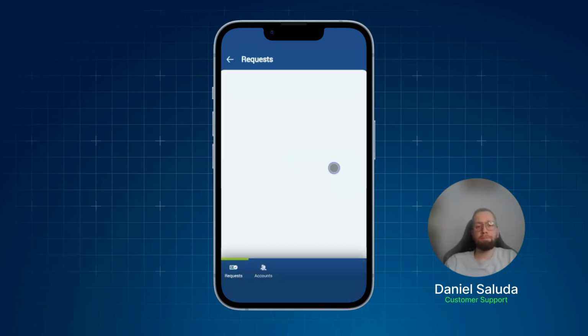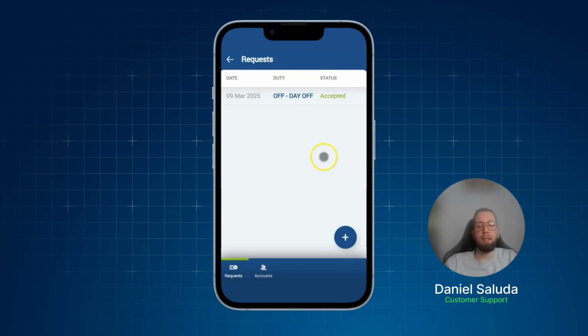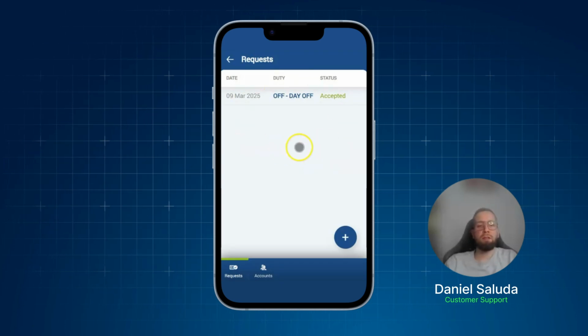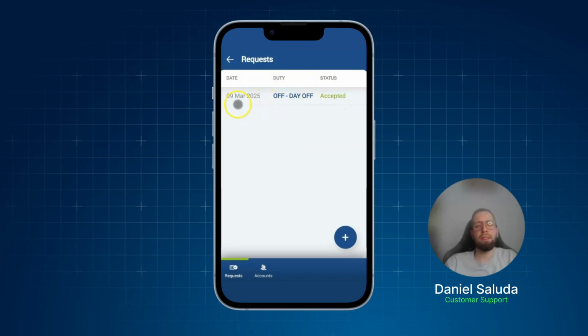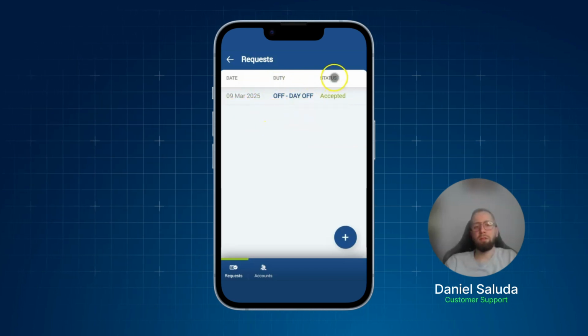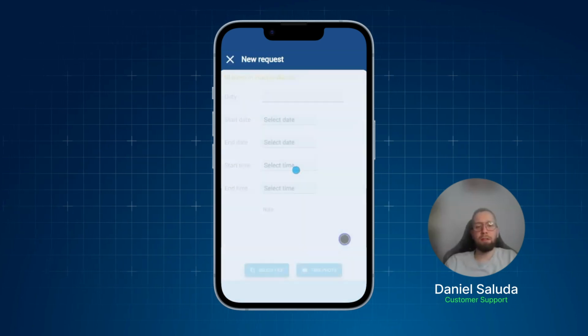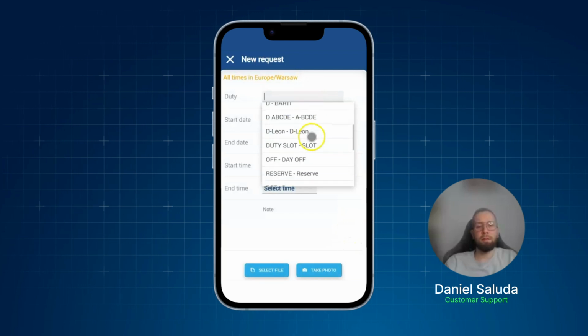In the Duties tab, you can request a particular type of duty. If some requests were sent previously, then those duties will be visible at the upper part of the screen. So as you can see here, the day of request was accepted by one of the admins. If you want to create a new request, then just click on the plus button, pick up the duty from the list,